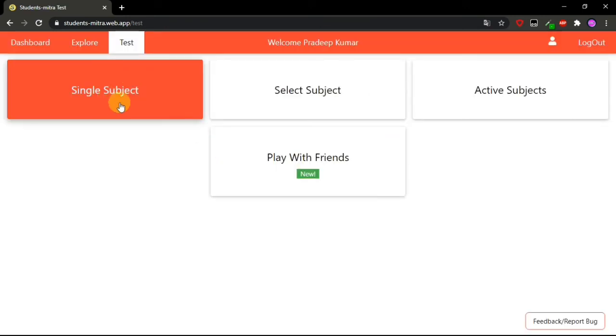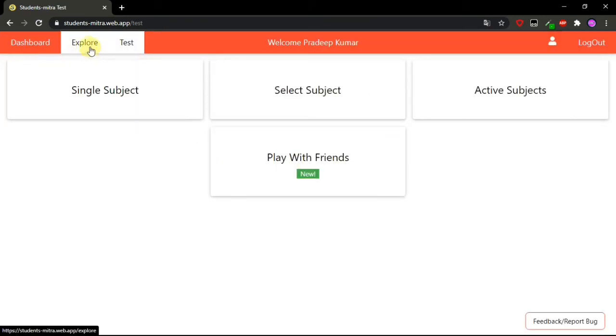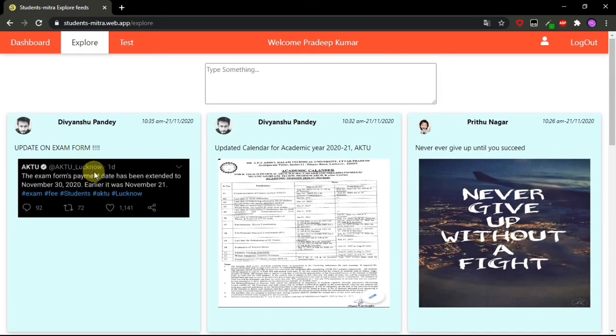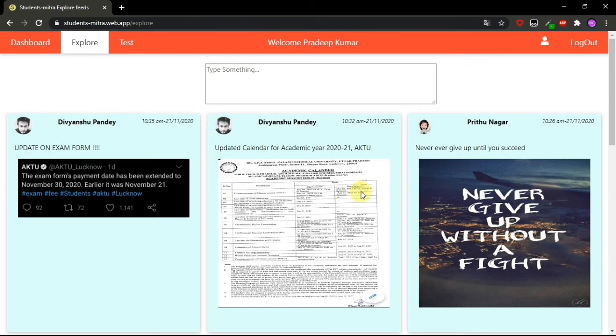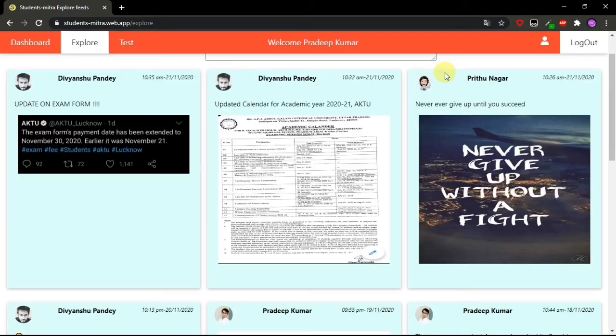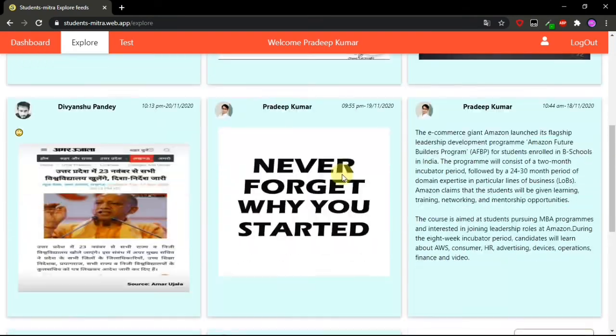Let me explain the explore page. Basically this is the news feed of students or users who are using Student Mitra. For example, I can see the update from Divyanshu, this academic calendar, and other thoughts.